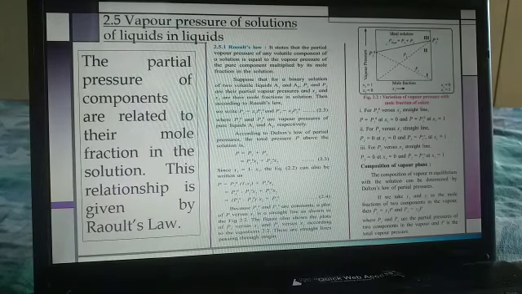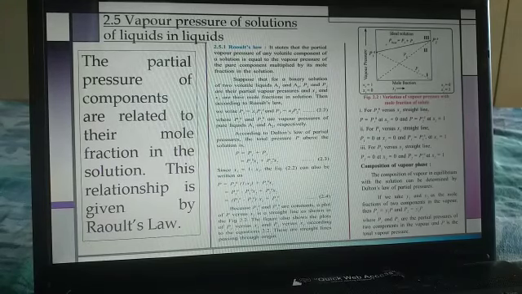Before that, we understand the vapor pressure of the solution will be the vapor pressure P of the solvent alone in the solution, which can be given by a different graph. Lowering of vapor pressure is the product of the vapor pressure of the pure solvent and the mole fraction of the non-volatile solute dissolved in the volatile solvent to form a solution. Hence, lowering of vapor pressure depends upon the nature of the pure solvent and the mole fraction of the solute. The equation proves that delta P is equal to P1 naught X2, which says that the lowering of vapor pressure is a colligative property because it depends on the concentration of the non-volatile solute.